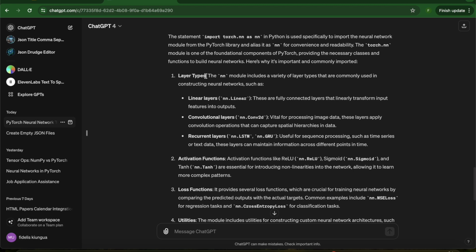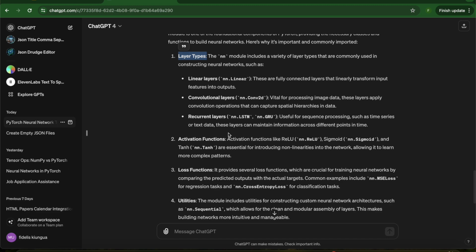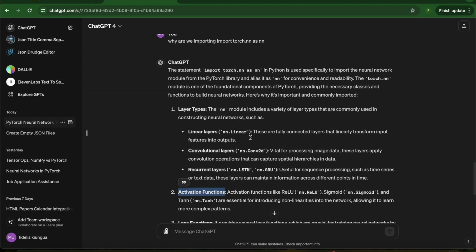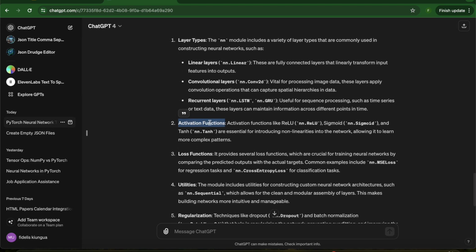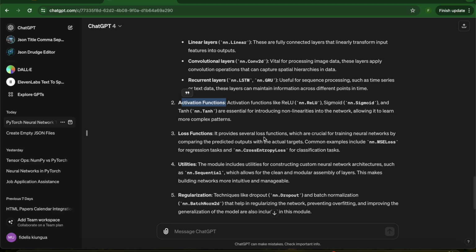One reason is that we have layer types. We can access different layer types, and also activation functions. By importing the torch.nn module, we also gain access to activation functions like ReLU, nn.ReLU, sigmoid, nn.sigmoid, and tanh, T-A-N-H, nn.tanh, which are essential for introducing